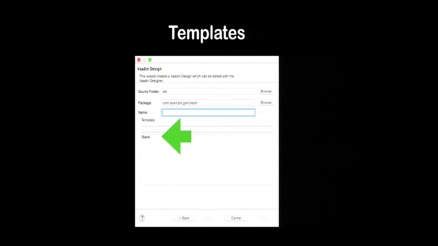Templates. This is purely a thing to speed up, and right now we have one template. It's called blank, but it will have more templates. And so this is for the first step when you're starting on a design. The idea is that we can have here ready-made